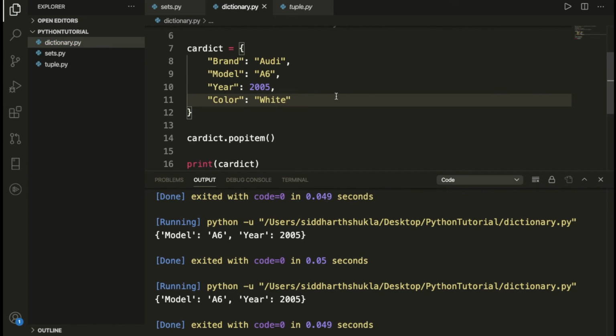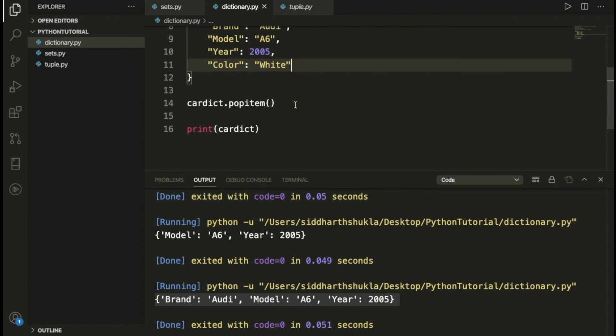Let me execute that program. We don't have white because popitem removes the last inserted value. So this tracks which is the last inserted item, and we can remove it using popitem.